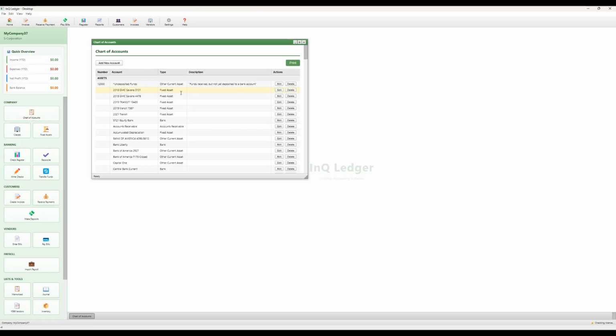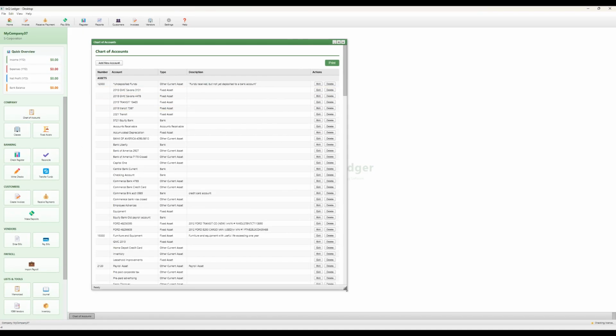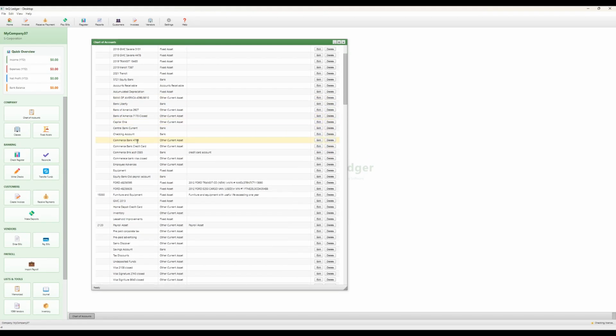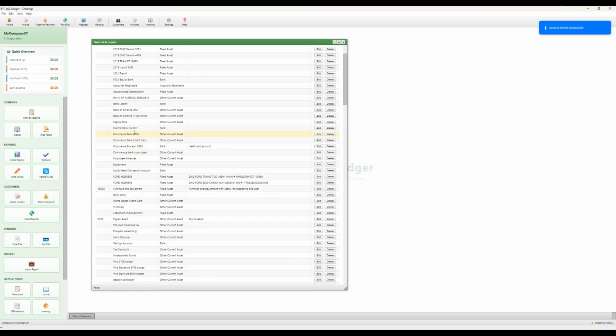And if you go to your chart of accounts, you will see a full chart of accounts, everything that was brought in from QuickBooks Desktop. One thing I do recommend: whenever you import a chart of accounts from QuickBooks, it does not delete the default chart of accounts that was in here. That is a future upgrade, but it's not in here yet. So for right now, you might want to find the regular checking account and delete that,